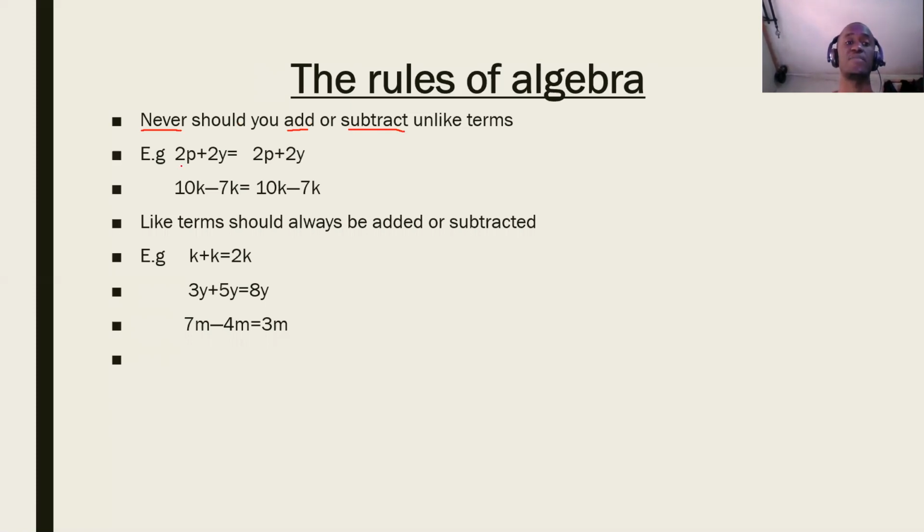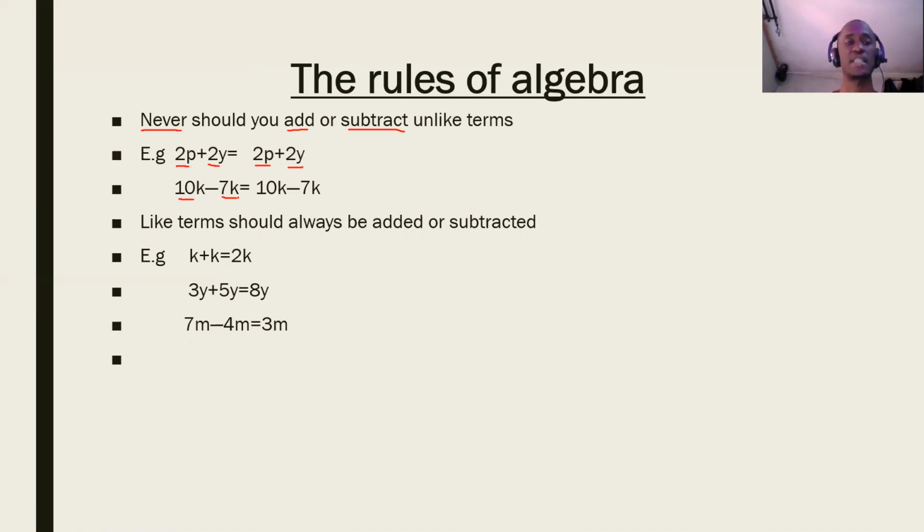And I've given an example there. If you have got 2p plus 2y, you cannot add the two because they don't share the same letters. One has got a p, while the other one has got a y. So the answer will remain to be 2p plus 2y together. Good. If you have 10k minus 7k,